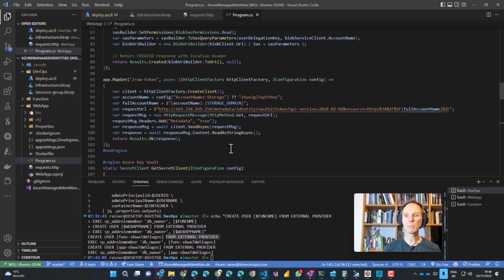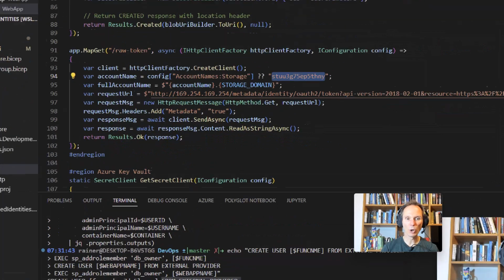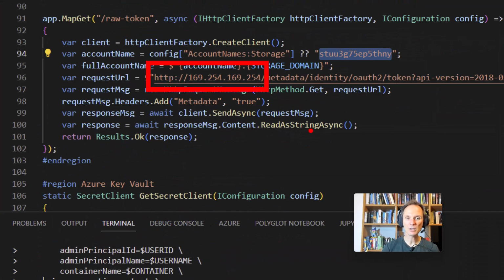In this case, I'm again grabbing a token for my storage account. This is the storage account. But this time, I'm not using this magic default Azure credential stuff, but I'm doing it by hand. And the important thing to note here is the IP address 169.254.169.254. This is the same IP address in every Azure system that's participating in Managed Identity. This is an IP address that is from Azure mounted in each network, and every system, a virtual machine, an